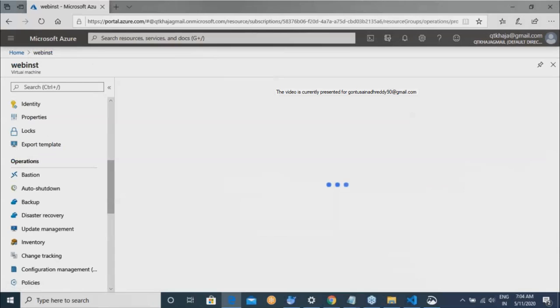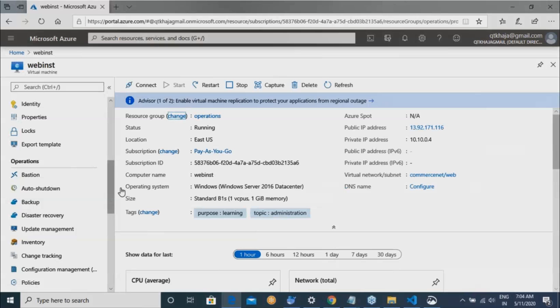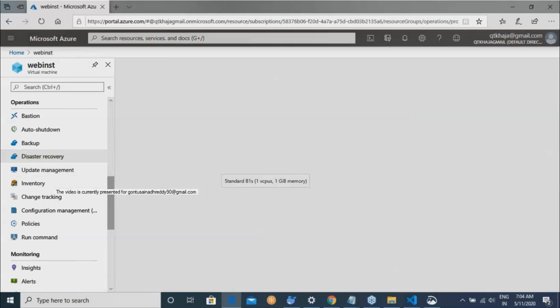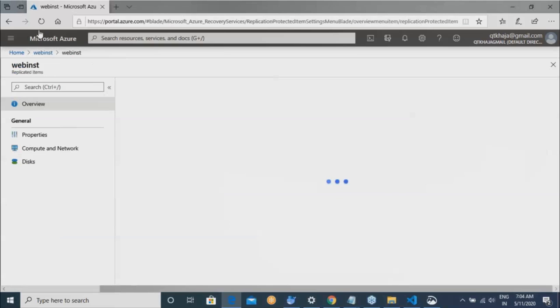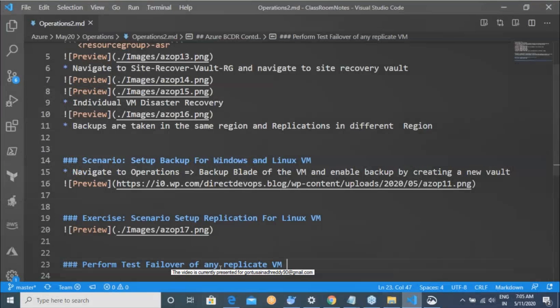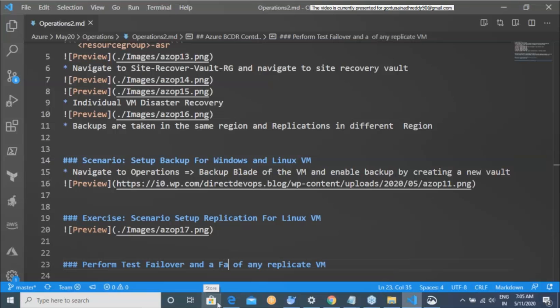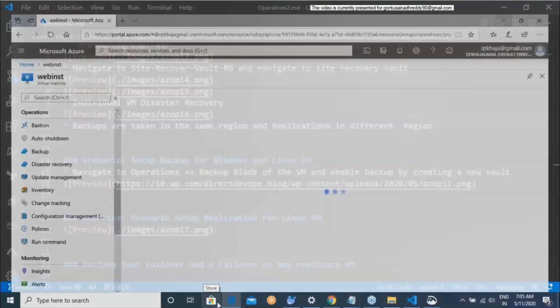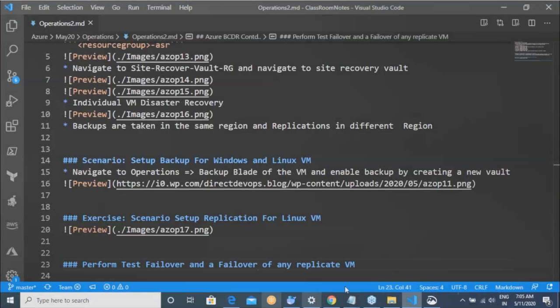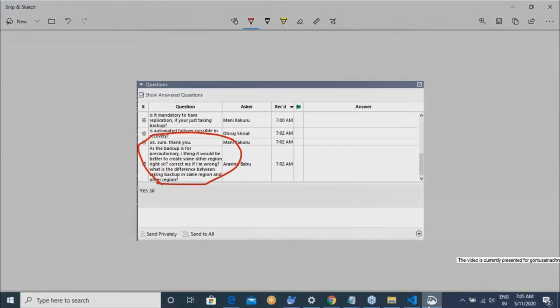You can do that from Site Recovery, or you can do that from individual VMs. If you know about individual VMs, you can easily understand what you would be doing with respect to multiple machines also. So try to finish these two activities first. Once you have done that, we will perform a test failover and a failover. Then we will delete the Site Recovery and all of that stuff, because this will take some amount of time. So do the activity right now.